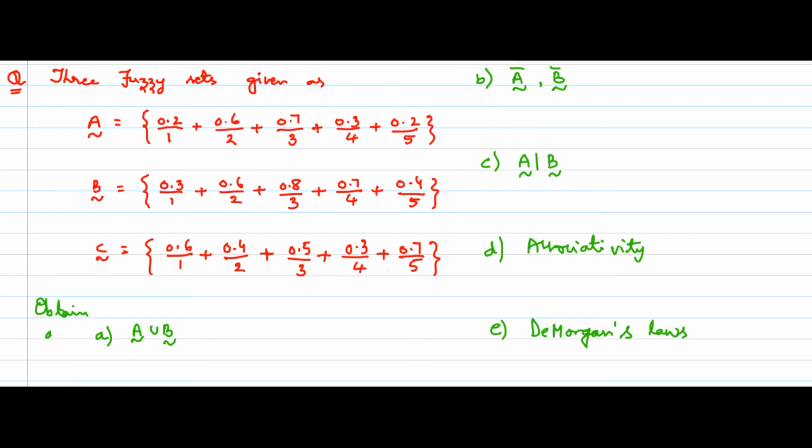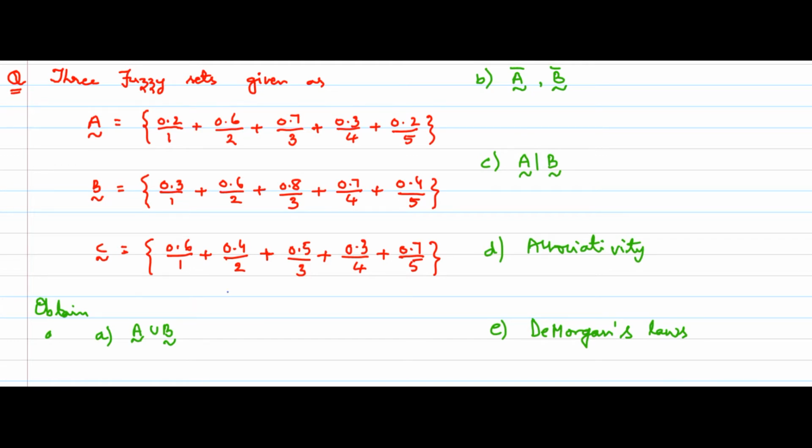Now we need to find out A union B, A bar, B bar, A difference B, associativity and De Morgan's laws. So these things we need to find out. So let us see in which way we need to find out these things. First I want to write the formulae for each of them, then I will take you separately for the solution of each and every problem, including formulae. The formula writing is very important for us to get very good marks and a very good impact on our solutions.